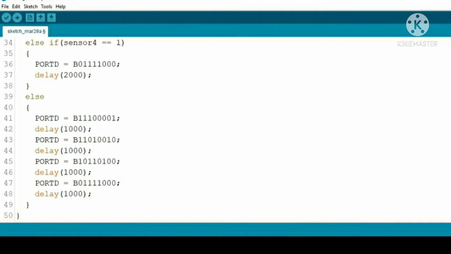In case 5, we are considering that there is no traffic at any of the 4 roads, so the traffic lights will be turned on and off automatically, serially. Like in road 1, first of all the green signal will be turned on and the red signal will be turned off, and in all other roads the red signal will be turned on whereas the green signal is turned off. After that, the green LED signal will be turned on for road 2. Similarly, it happens for all the 4 roads. So we are providing a delay to it.